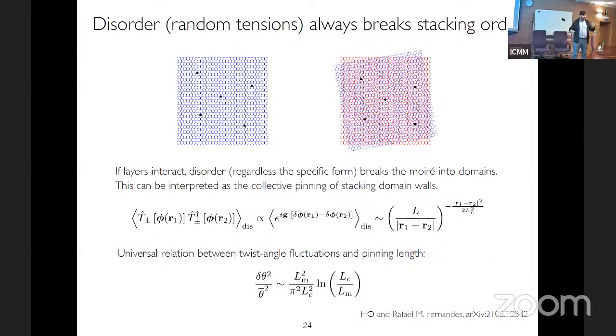Okay. What's the meaning of that? The meaning is that if I compute, for example, disorder correlations between the tunneling matrices, which are basically correlations between the phases that atoms grab, which depend on this local function, these correlations are always going to decay exponentially on a certain length scale, which is actually universally determined by the fluctuations in twist angle. By universal here, I mean that it's basically independent of the model of disorder. So it's a generic statement, regardless of the specific form of disorder. Okay. Now let me